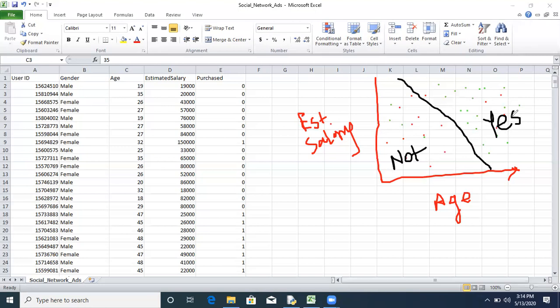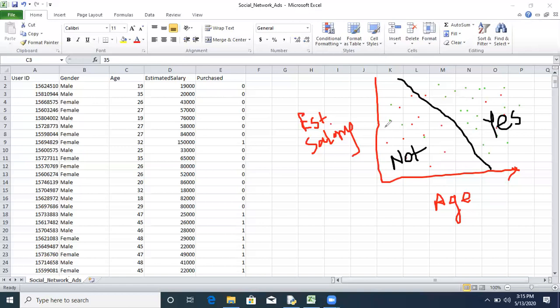Now, if there are lots of green points in the purchased portion and lots of red points in the non-purchased portion, then your accuracy is more. According to the actual data, we have more red points and fewer green points in this region, and your machine is also predicting the same thing.